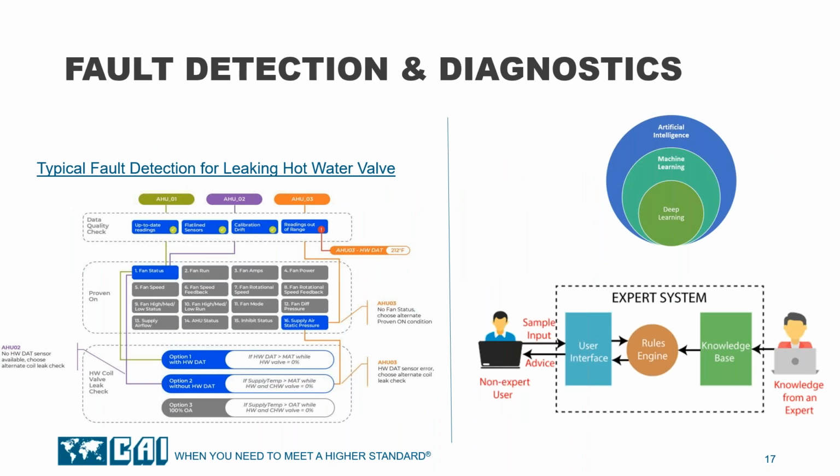In this next slide, I'm going to step through this, and know that I'm stepping through this as I am not an expert in this field, but I'm going to try to explain this the best I can on how the KGS Smart Building solution works. On the left-hand side, you have this typical fault detection for a leaking hot water valve. We have a reading that is out of range. It's trying to prove that the system is on, and then it's going to give you some options down here. Now, this is one failure mode in one system. It did not give me what to do about anything, and there are literally hundreds of thousands of millions of different permutations of this, and this is where we get into the messy and complex side.